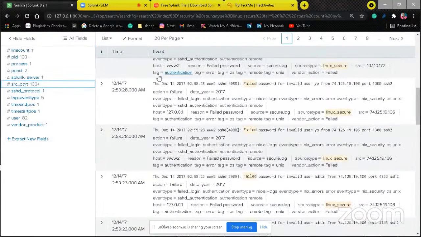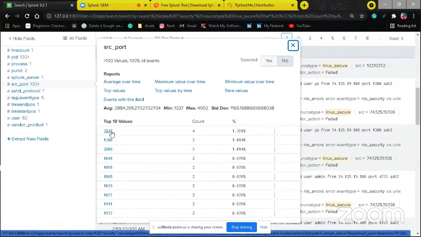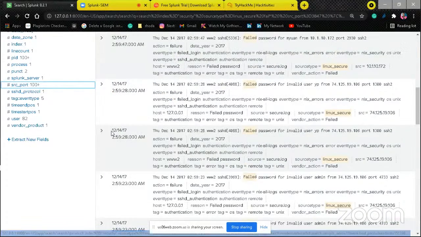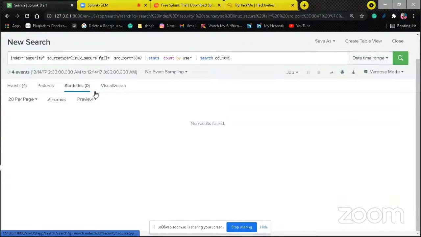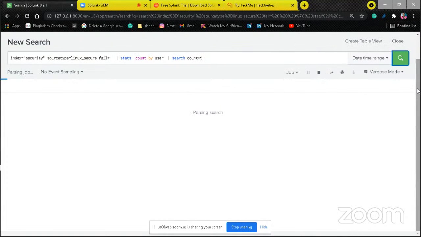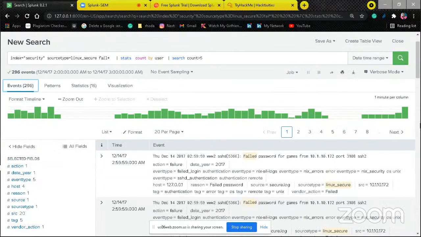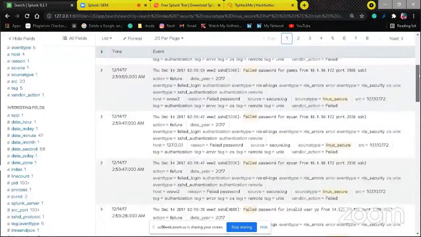You can also add the port numbers which were being accessed. You can see that by default, the highest port number being accessed is this one, and this is the port with the highest failed logins. You can click on it, and that will filter by the port number. You can analyze it based on the fields you are getting here, because I just don't want us